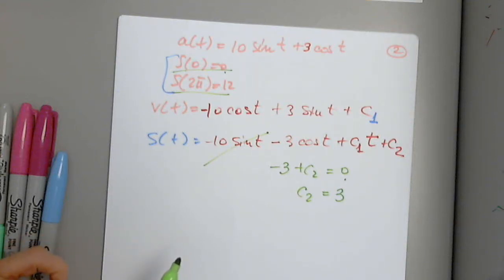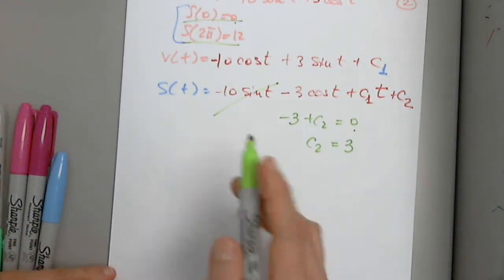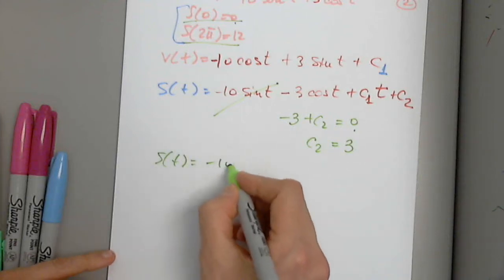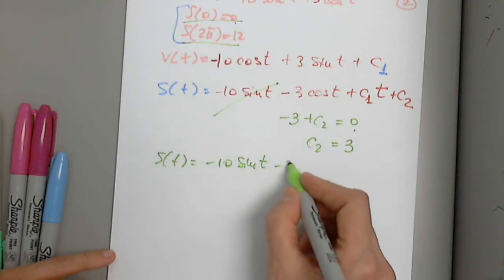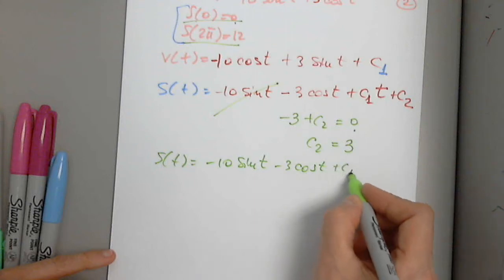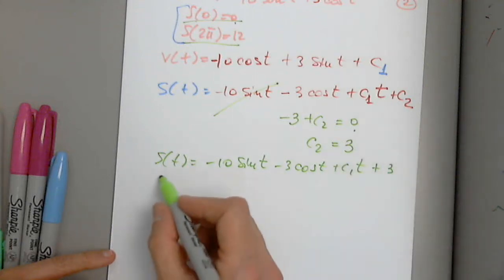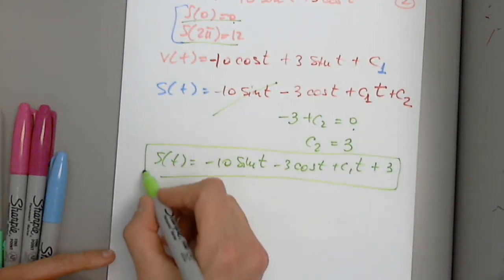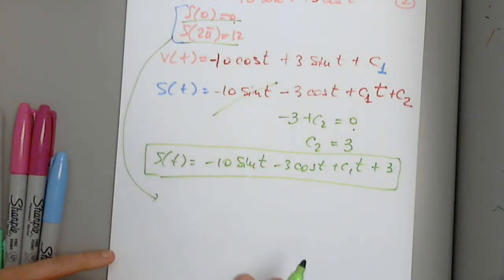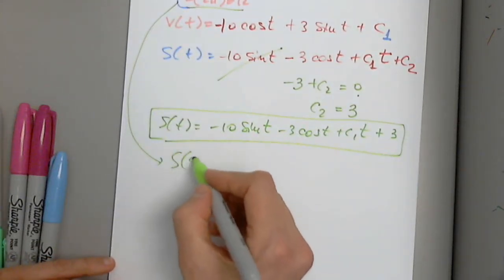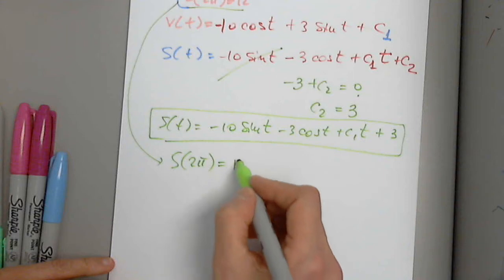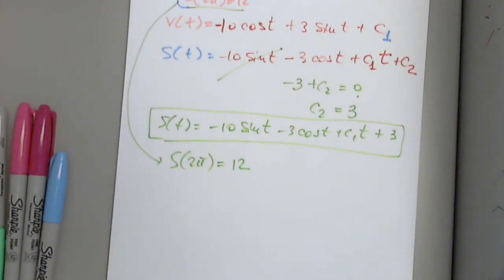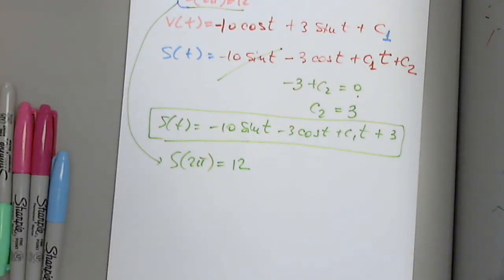Okay, so now we have S of t equals negative 10 sine t minus 3 cosine t plus C1 t plus 3. This is what we have so far. But we have another condition that says that S of 2 pi equals 12. This condition is given in order for us to determine